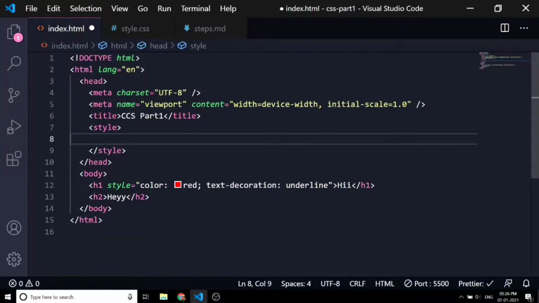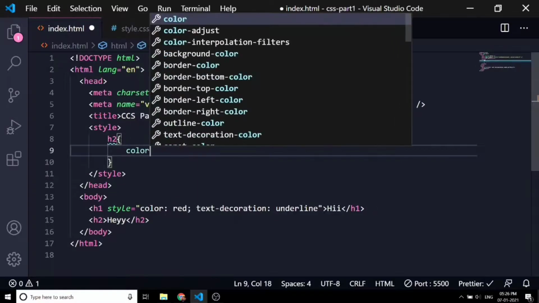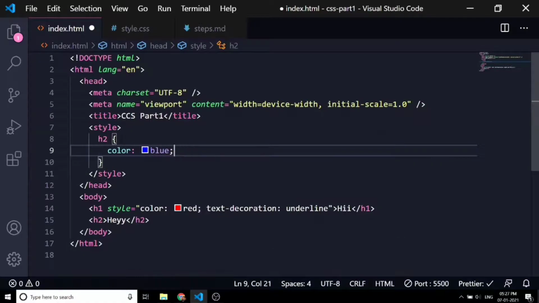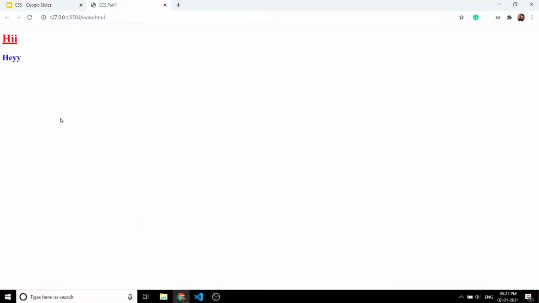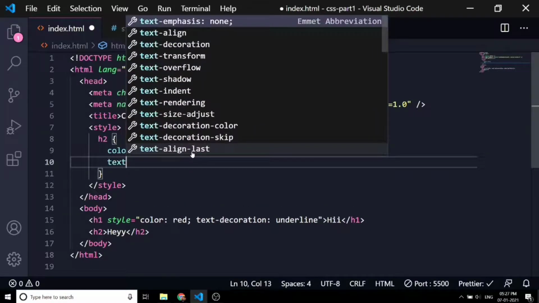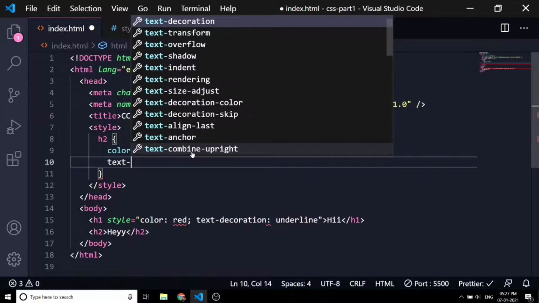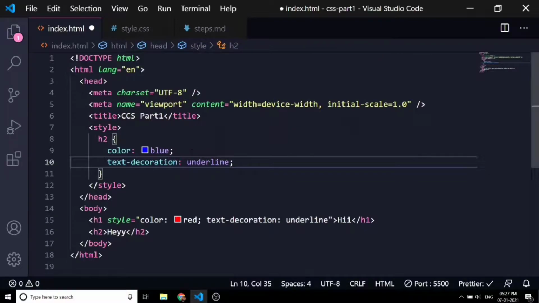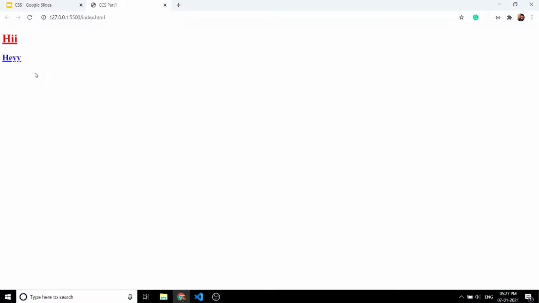How element selector works, if you'll remember, is that we have to write the name of the element, and inside the curly braces we can write the properties or styles that we want to apply. Let's go with blue this time. Hope this works. And yeah, you can see we have applied blue color to the h2 tag. If you want to add another property, then you can write it after a semicolon here too. So as you can see, it works again.